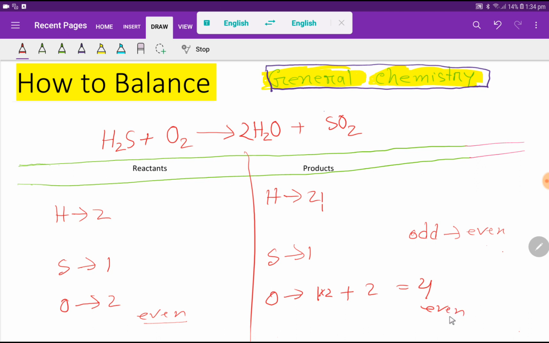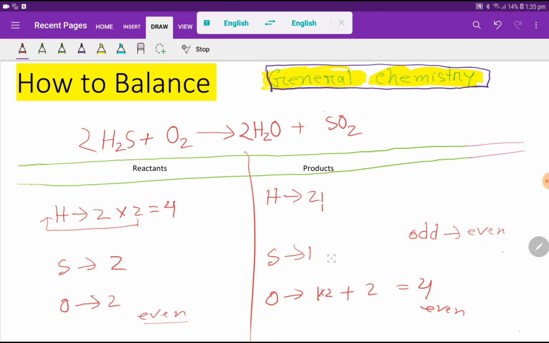Look, okay, now hydrogen here 4 but here 2. So to balance the hydrogen, what can you do? You can multiply here by 2, that gives you 4. These two must come before this hydrogen, that is here. So if you place here 2, the number of hydrogen will be 4, the number of sulfur will be 2. Okay, so our hydrogen 4 is balanced, but sulfur here 2 but here 1, sulfur is not balanced.